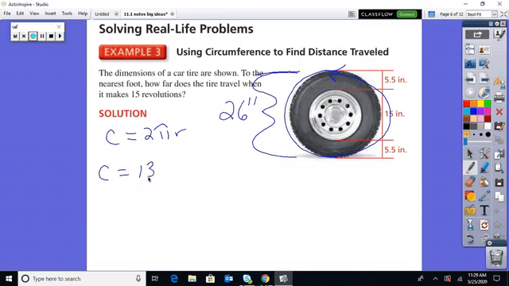So I'm looking at 26 pi for my circumference. So now it's going to make 15 revolutions. So you want to take that and you want to multiply it by 15. All right. That gives you